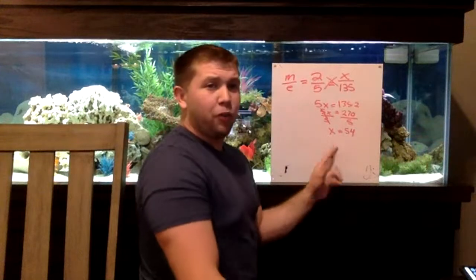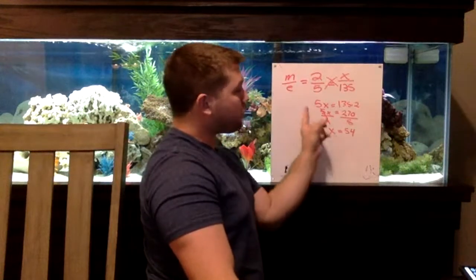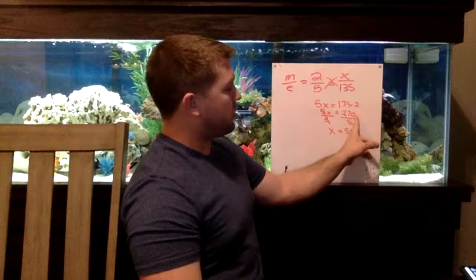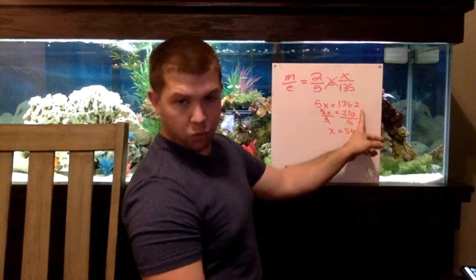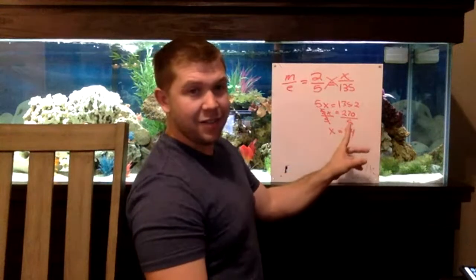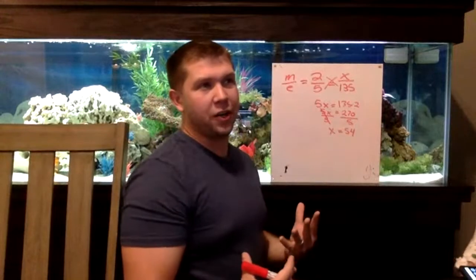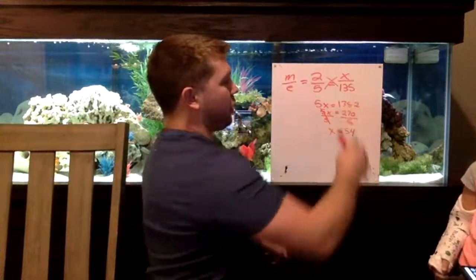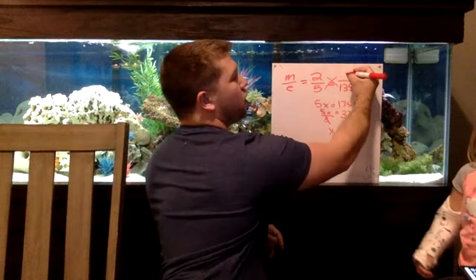So x is going to equal 54, okay? Because, again, I divided 135 times 2 by 5, and that was 270. Divided by 5, and I get 54. So on Mercury, if I weigh 135 pounds on Earth,